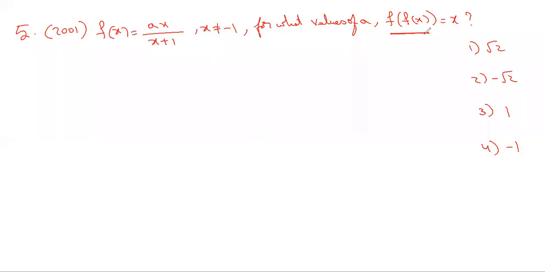So this f of x calculation, we did many similar calculations. f of x equal to x is given. So f of x as it is, we can substitute ax by x plus 1. What I told: don't read this as ax by x plus 1, then how to read? f of input is equal to a times the input by input plus 1.